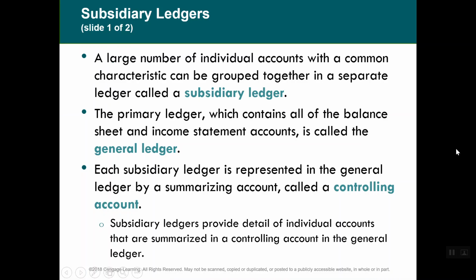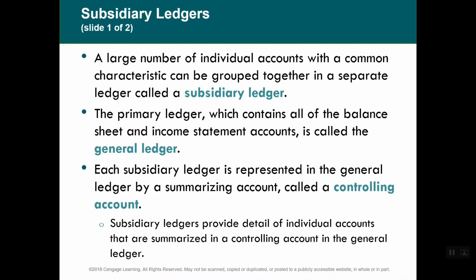When we're talking about our ledgers, our general ledger is not going away. We're still going to have our general ledger, and it's going to look exactly the same as before. It's going to have every single account included in our chart of accounts, each one set up in order of account number, so that does not change. The only thing we're going to do is expand on that in two areas,